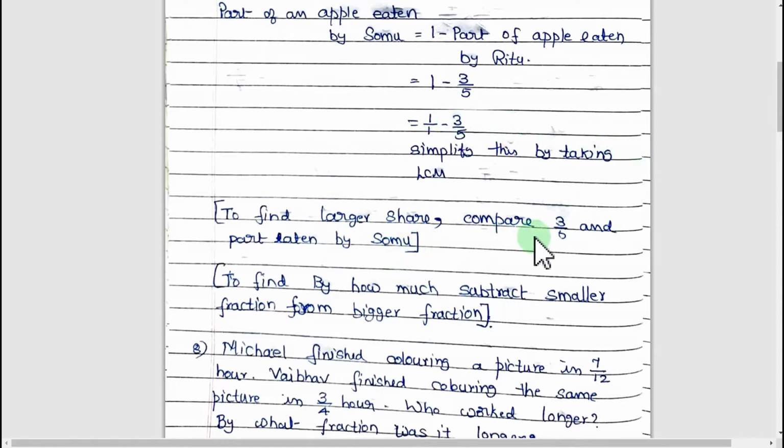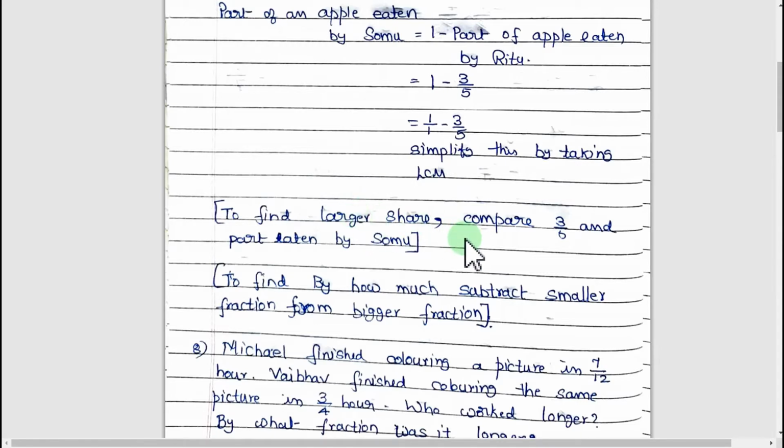So you have to compare 3 by 5 and the answer you are getting, those two fractions you have to compare. How to compare the fractions? This you have learnt in your last class. If you have forgotten, just go through those sums, recall it and solve this sum. 3 by 5, and here also if you get the same denominator, there is no need of equating the denominator. Same denominator 5 only you will get, the numerator will be different. Compare 3 by 5 and this fraction, directly comparing the numerators, then you will get which is the larger fraction.